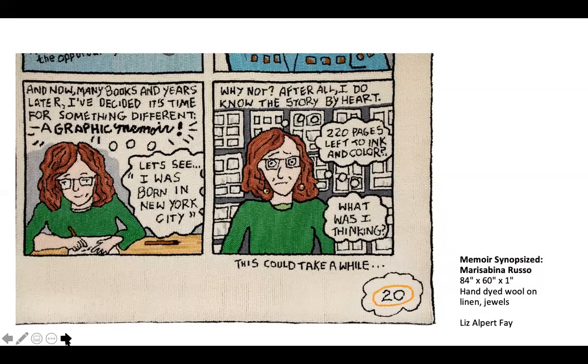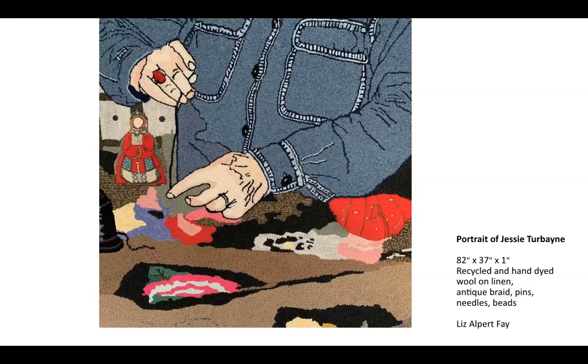Portrait of Jessie Turbane, 82 by 37 by 1 inch. Recycled and hand-dyed wool on linen, antique braid, pins, needles, beads. 7th larger-than-life hand-hooked portrait in the